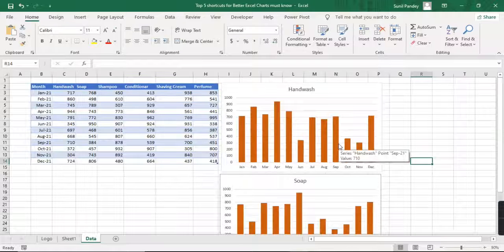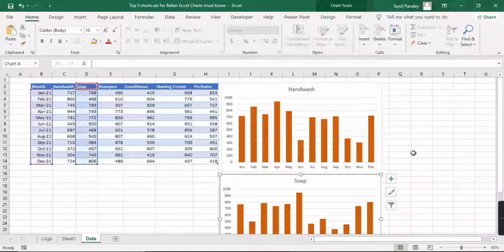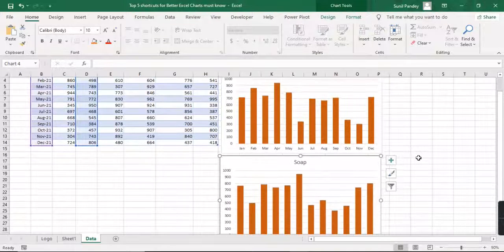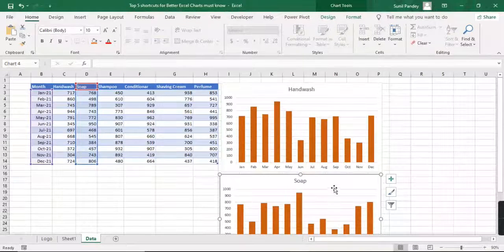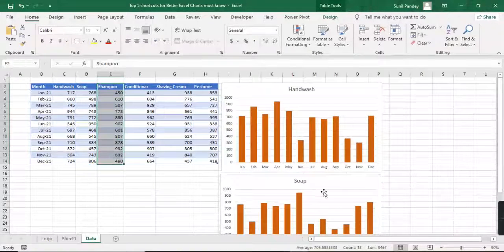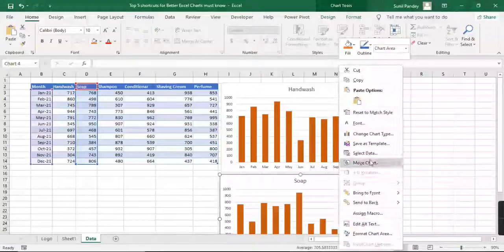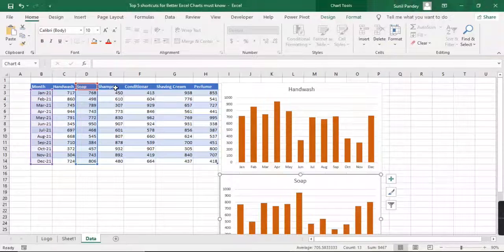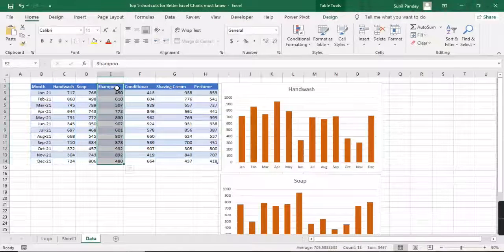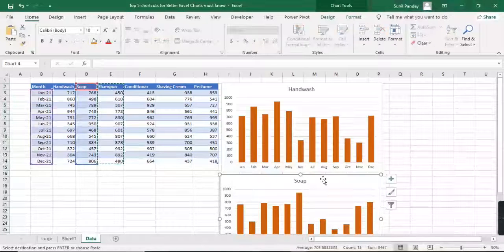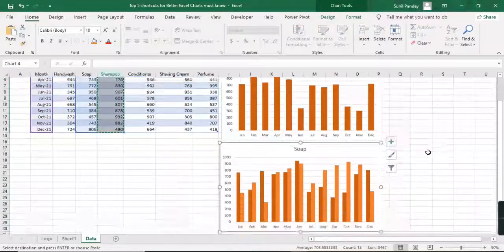Okay, so suppose this is for soap, and if your manager wants to show the shampoo data also in the same chart, you can change from here, select data and add one more data, but a super easy shortcut is just copy this and select the chart and paste it.